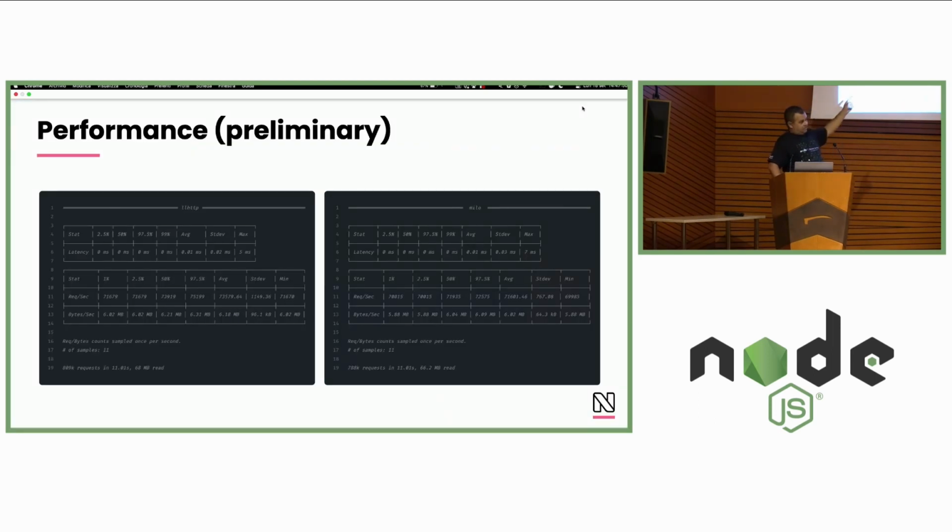These are the performances. On the left-hand side, you have an autocannon test using LLHTTP. On the right-hand side, you have Milo. As you can see, at the moment, I'm lagging by between 2 and 5% compared to LLHTTP. But don't forget one crucial thing: I don't know Rust. So I got close to the performance of LLHTTP without knowing Rust, so probably there's room for improvement. I can probably improve the code a lot, and I already have some crazy ideas I can try.